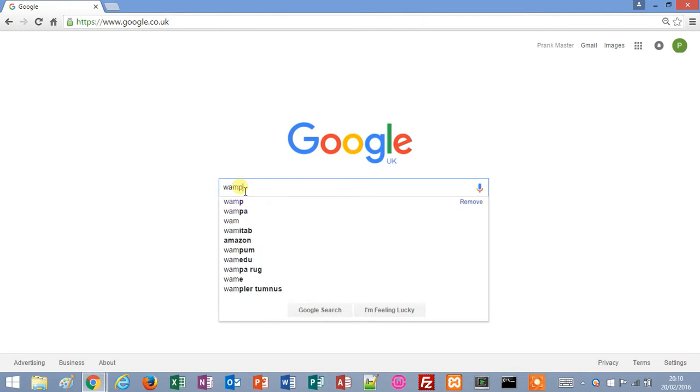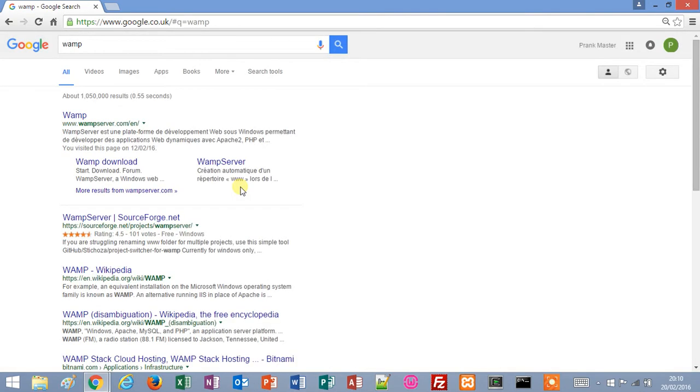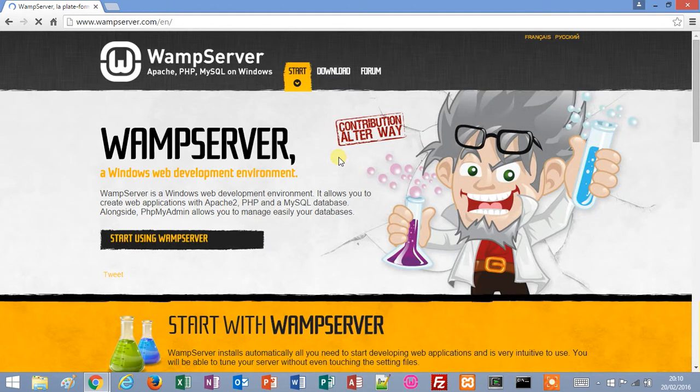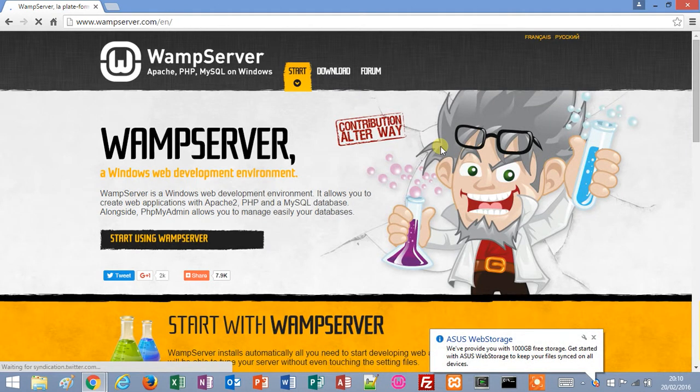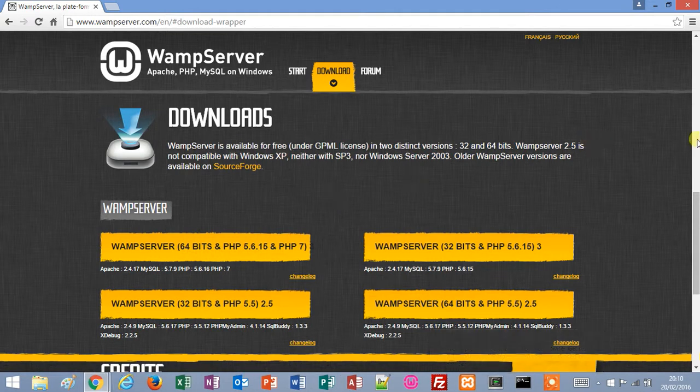You can't run a PHP script with your normal laptop configuration and setup. You have to make some changes. So what we'll do is we'll Google WAMP, which is a type of server-side software you can use. If you go on the first link, wampserver.com, and click on the link which says start using WAMP server,